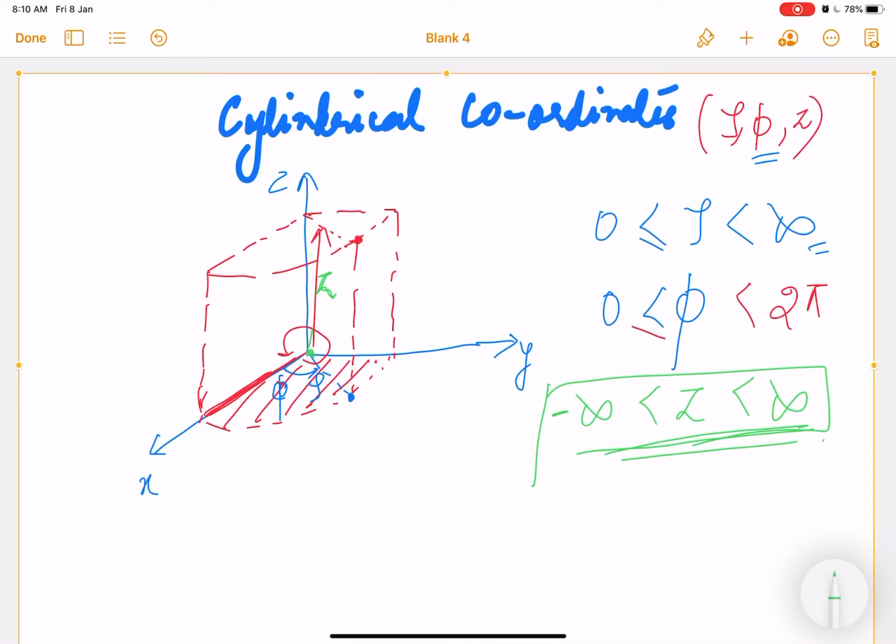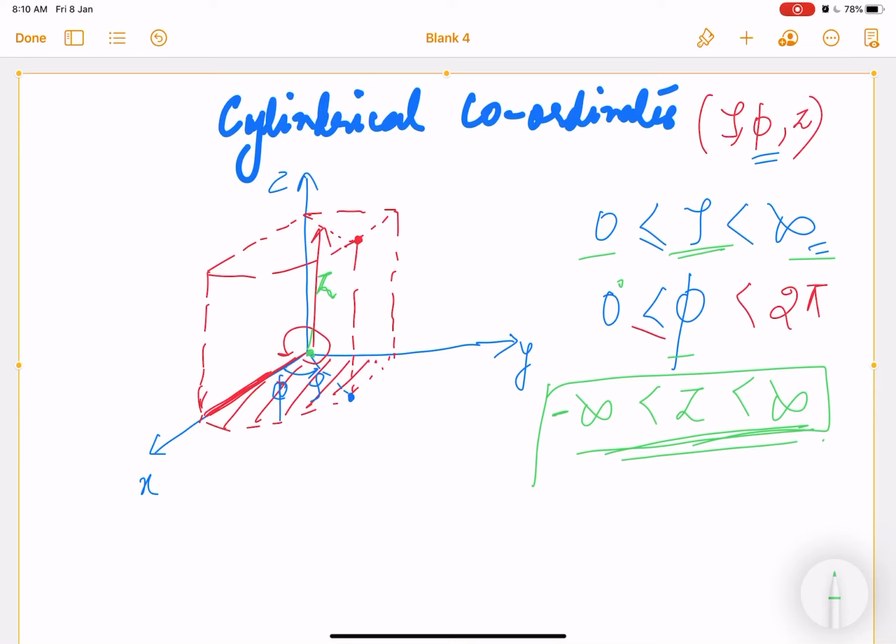Just remember about the radius of the cylinder, that it can vary from 0 up to infinite, and this is phi, that is the angle starting from the x-axis. So from the x-axis, which we start and say is 0 degrees, we can move one complete rotation, and that is up to 2 pi. Okay, so this is the limit of this cylindrical coordinate phi.